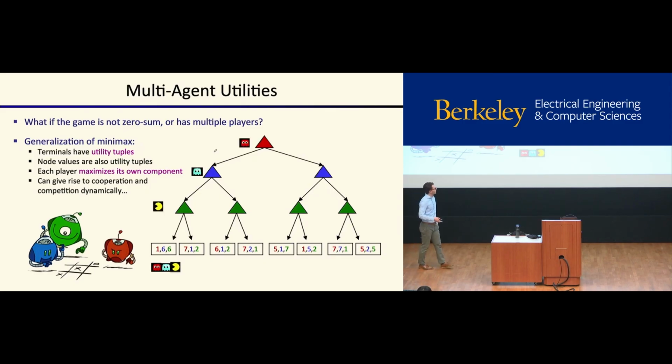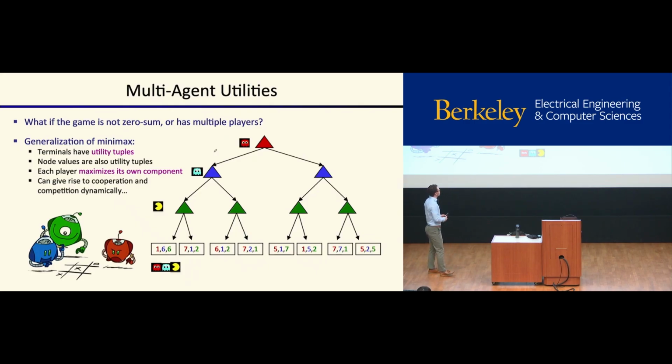So you can think of this as like Pac-Man and 2 different ghosts, right? So the red ghost makes decisions at the red node, trying to maximize the red ghost's utility, which would be the red numbers down here. Then the blue ghost has a turn, and the blue ghost is trying to maximize the blue utilities. I guess for Pac-Man, those would probably be equal to the red utilities, but this is sort of a general version. And then Pac-Man's going to go on the green nodes and maximize the green utilities, and this whole thing